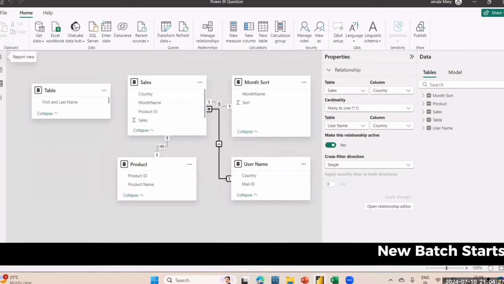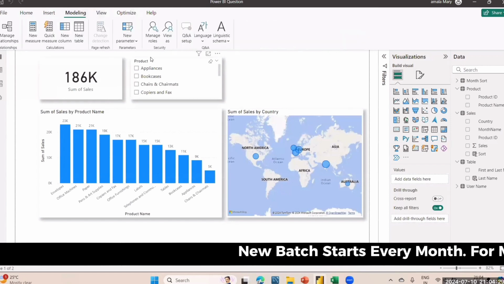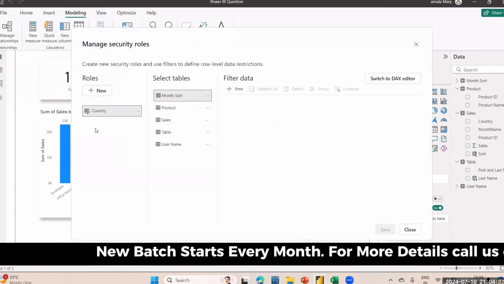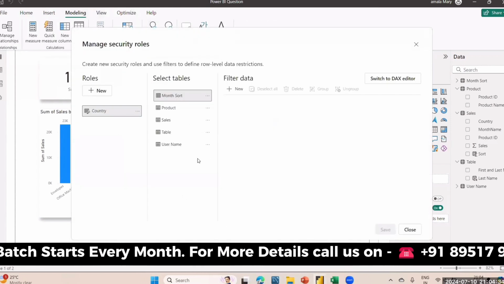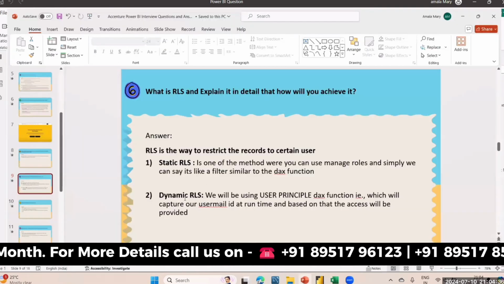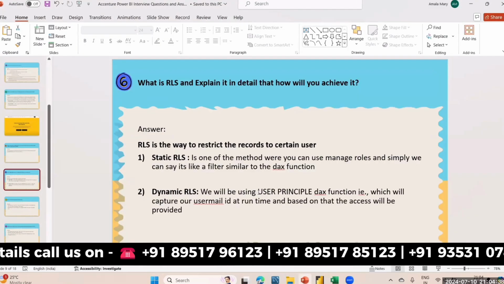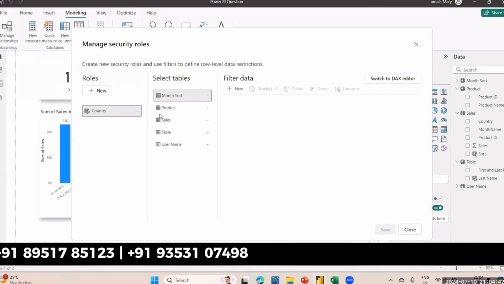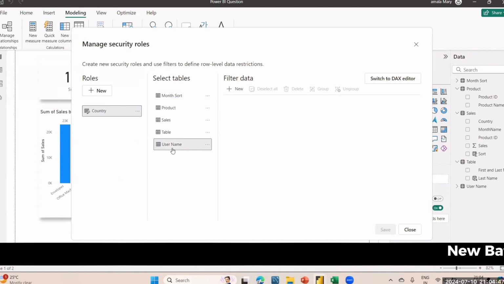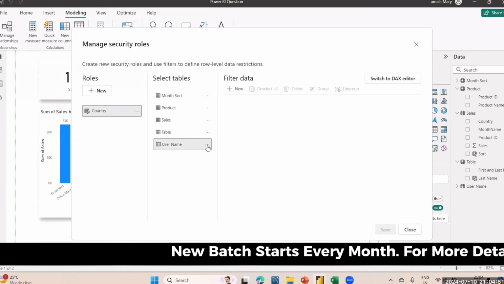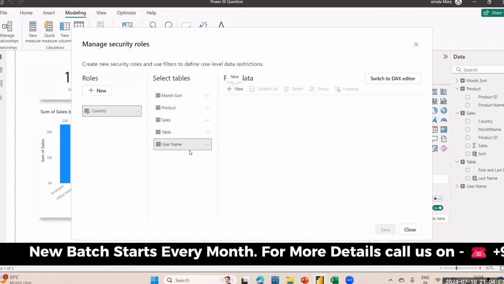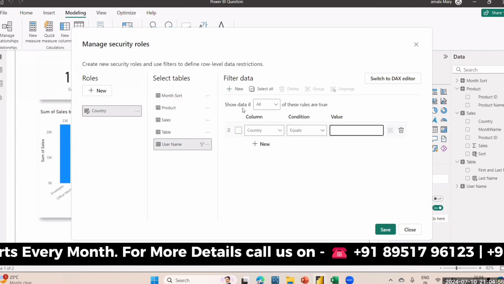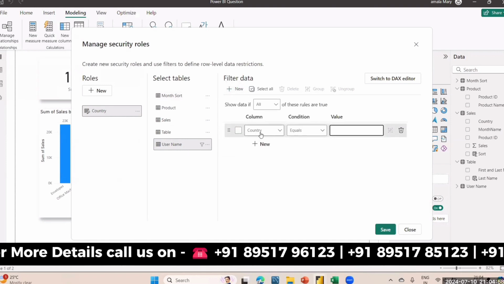So once it is done, what we need to do is go to modeling and click on manage roles. As I have mentioned before, for dynamic RLS, we need to use the user principal name, so it will capture our user mail ID. We have the user mail ID in the username table, which we have created now. So click on this username, click on new, and